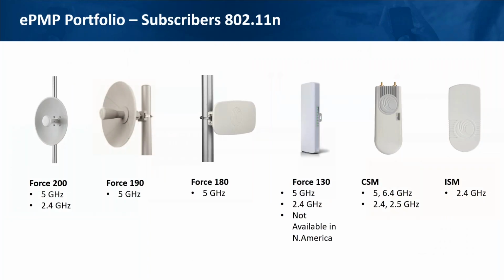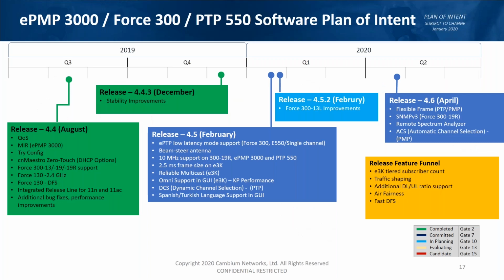Let me just wrap up by talking briefly about the software that's coming. Our last release was 4.4.3, and that's what you'll find on the support website. That will be updated to 4.5, which is in beta right now. 4.5 will come to full release, as I mentioned, in, say, let's call it 3 to 4 weeks. So in early March. Still like to try to get it done by February, but to be safe, let's say